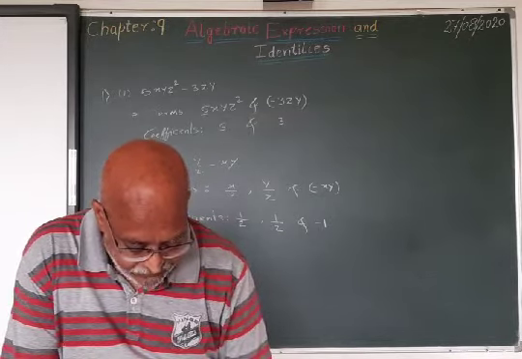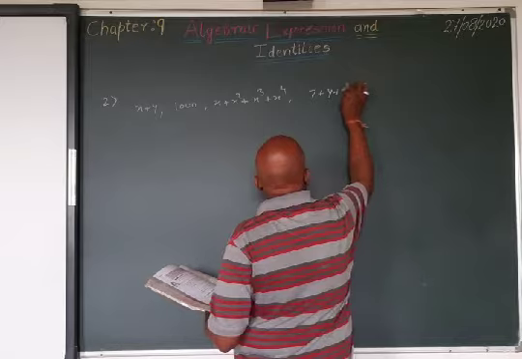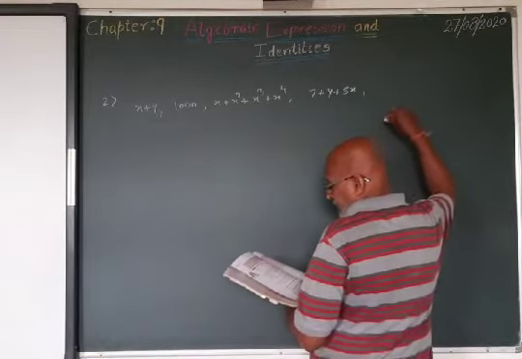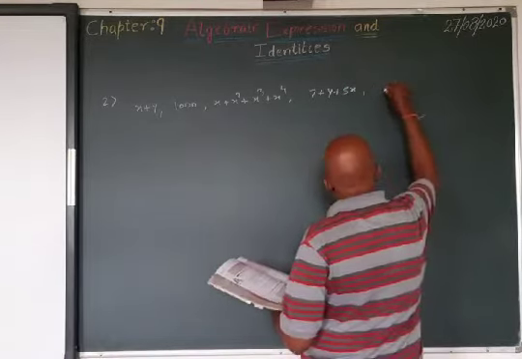x plus y is the first term, then 1000 only, then x plus x square plus x cube plus x to the power 4, comma, 7 plus y plus 5x, comma, 2y minus 3y square, comma, 2y minus 3y square plus 4y cube. Now there are a few more, I am not going to see that.